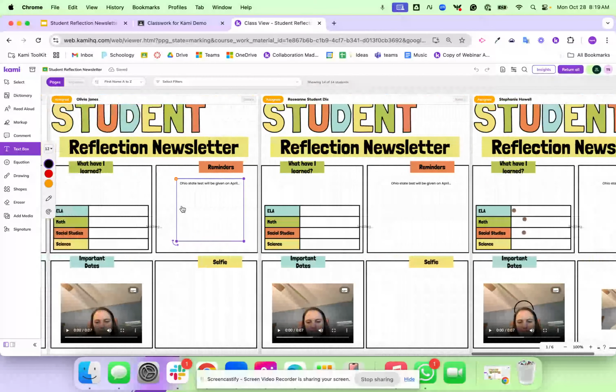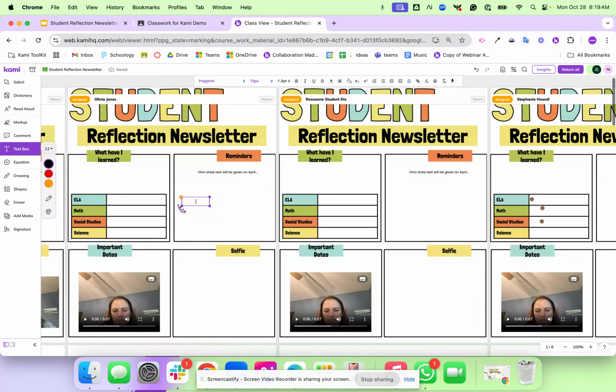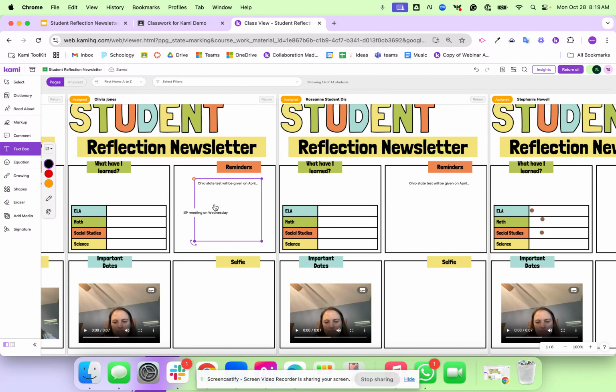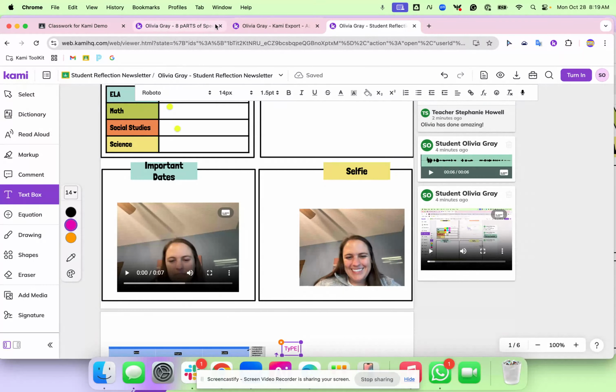And then I can come in and maybe, for example, student Olivia, this student has an IEP meeting. So IEP meeting on Wednesday. Okay, and I can type that in there. And that student is the only student that gets that additional reminder. So you'll notice that on their screen, this student will get that update